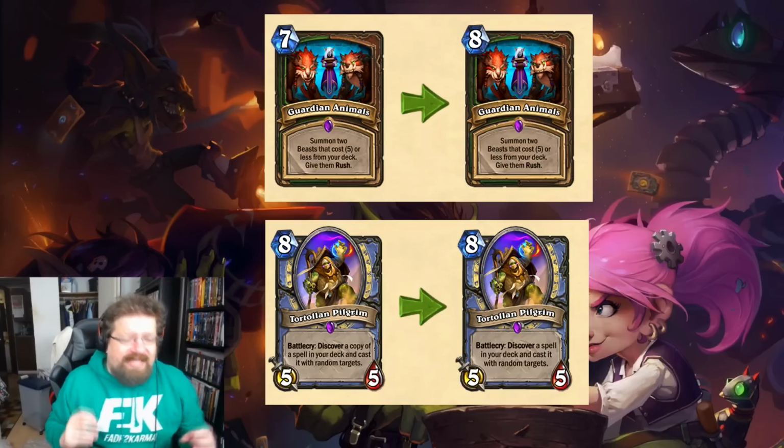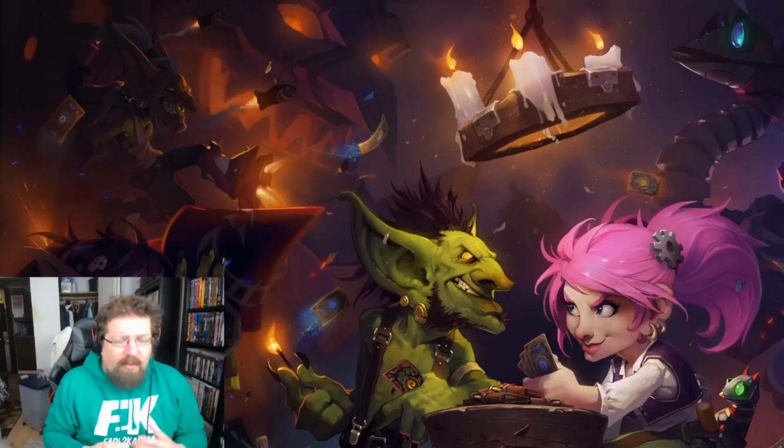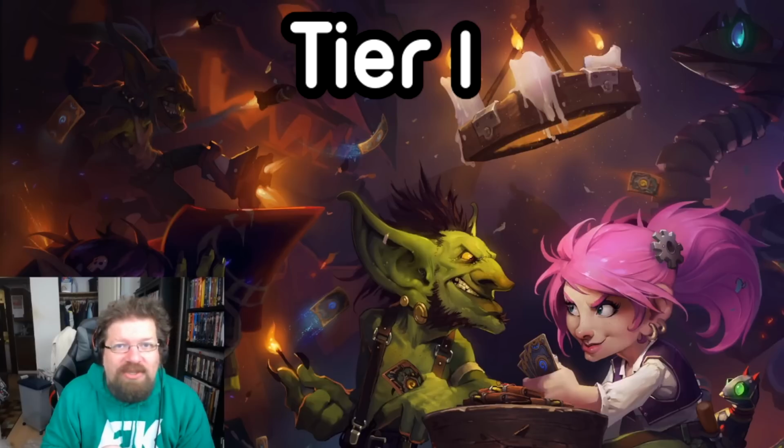But I'm going to list 9 decks that you can reasonably expect to play and get a good ranking, whether it be Legend or climb to that Diamond rank that you've always been going for. So let's get going. Let's take a look at the 9 best decks in Wild for the month of October 2020. Starting at Tier 1, you shouldn't be too surprised, but the best deck in Wild still is